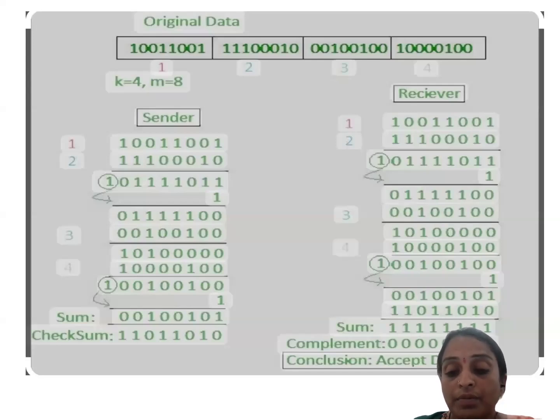We have to complement this sum to get the checksum. Complement is nothing but 0 is replaced by 1 and 1 is replaced by 0. Here, this one is the checksum. The checksum is just the complement of the sum. How do we get this sum? After adding the segments one by one. This checksum will be